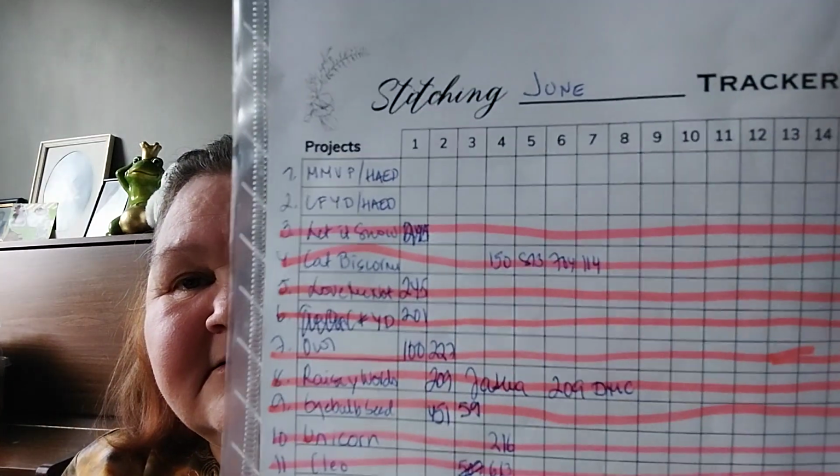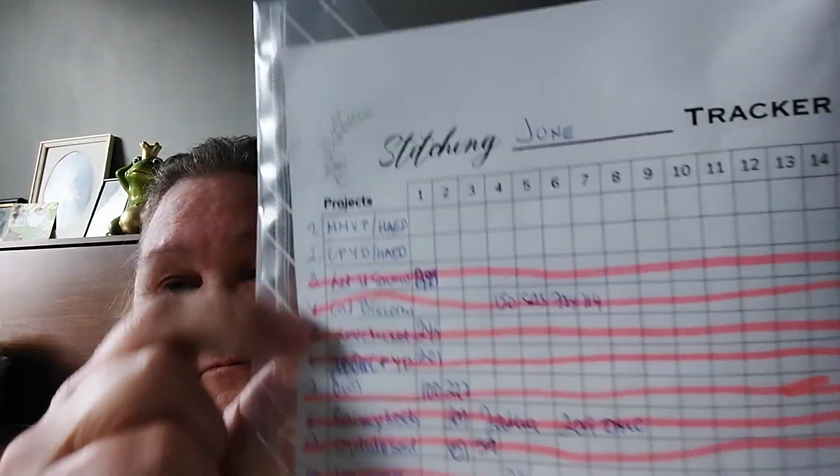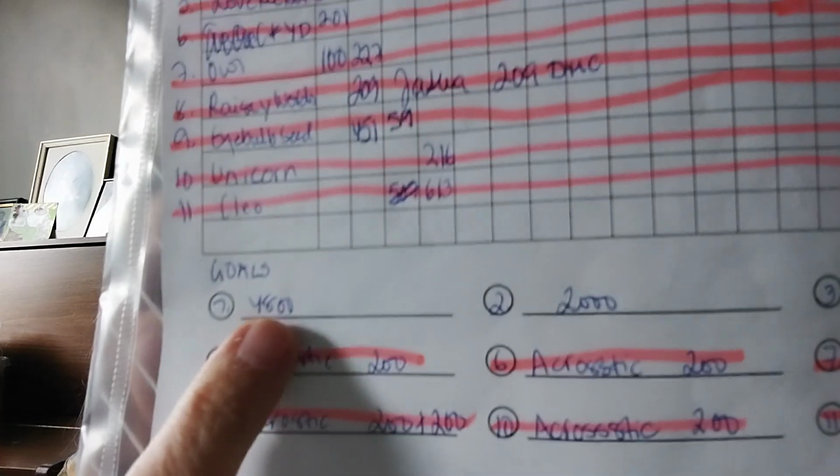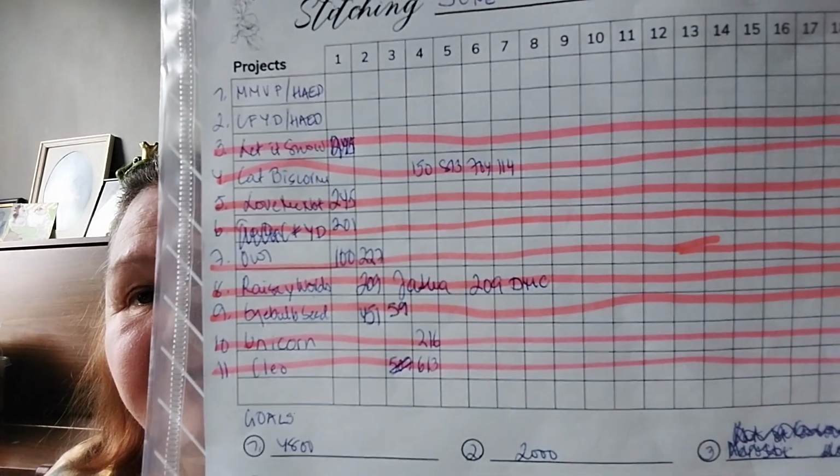I write the month, and then down here are small lines. I number my WIPs, and then down here I write the goals that I need to do. And once I have got the goal done, I have a felt tip pen and I just mark it over. So for this month I have done 1, 2, 3, 4, 5, 6, 7, 8, 9. 9 goals have been met,